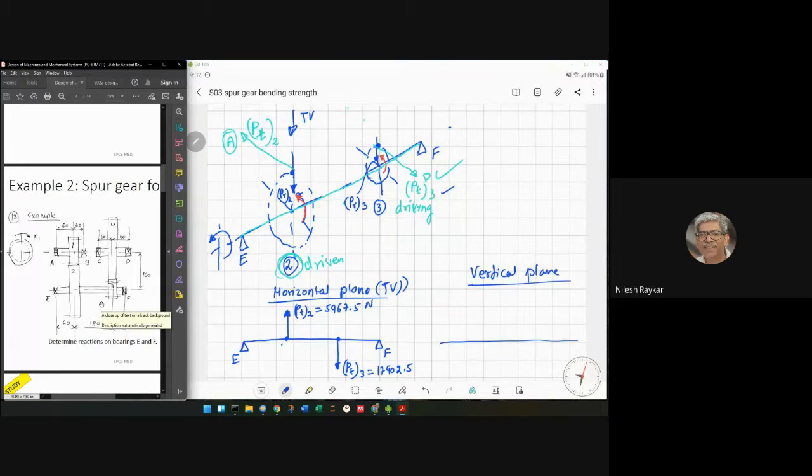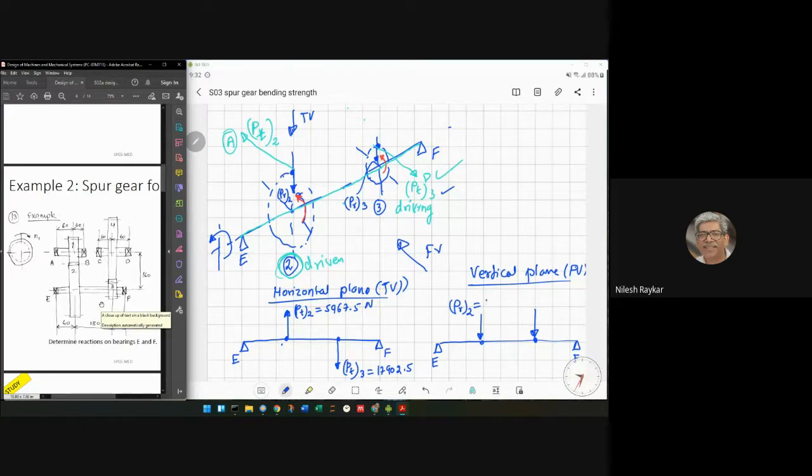So in the vertical plane, this is E, this is F, and then you have the two gear locations. Radial forces in both cases: the vertical plane is the front view, so that is a view looking in this direction. In that case, both the radial forces are towards the center, so both will be acting downwards. So PR2, which is nothing but PR1,